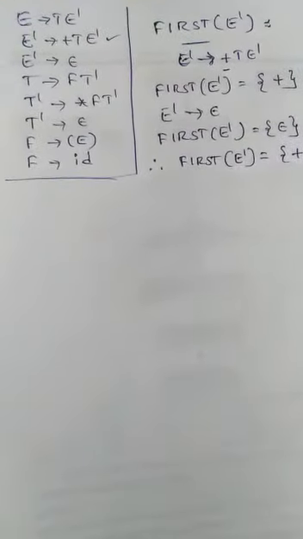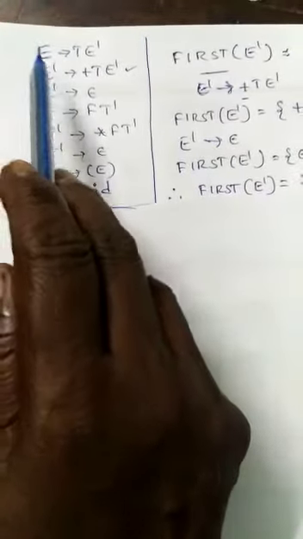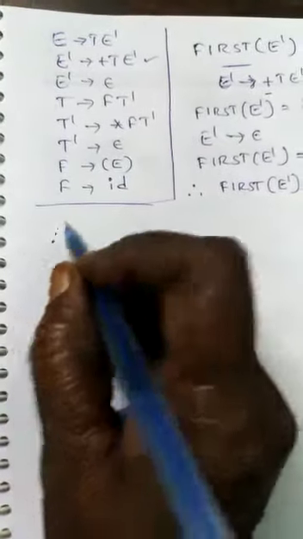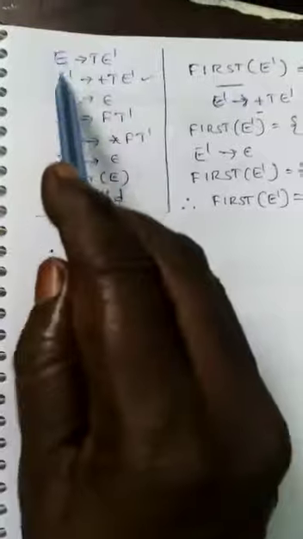One more step for finding the E dash and T dash. In the previous video you saw E and T along with F. So first of E, first of T, first of F equal to open parenthesis and ID. After that you find out the next first functions. Generally all these are non-terminals. You use these non-terminals to find the first function and follow function values for constructing the LL(1) grammar.